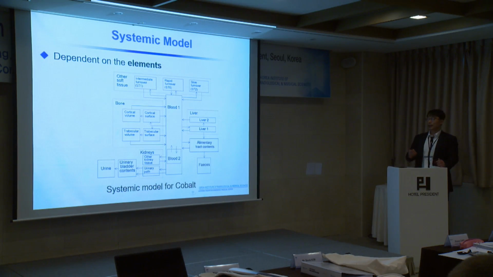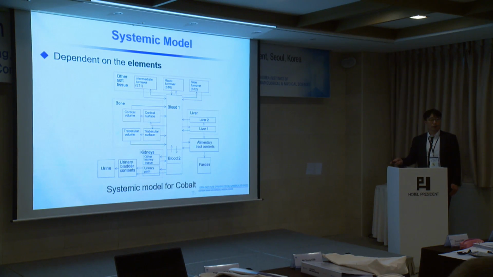And next one is a systemic model to describe the blood circulation after the deposition in the blood of the radionuclides from the respiratory tract or alimentary tract. So this systemic circulation model is different according to the type of the element. Depending on the elements, you have to use the proper circulation model. This is the systemic model of the cobalt isotope. So all cobalt isotopes can be described using this